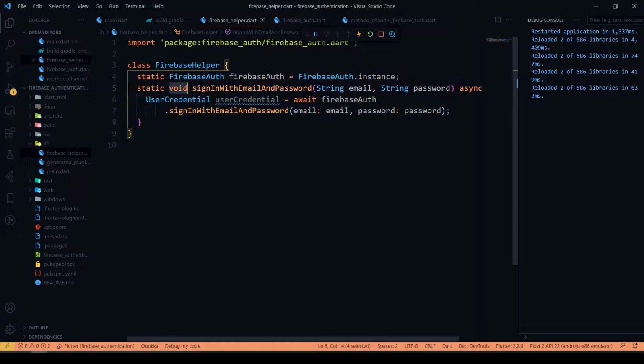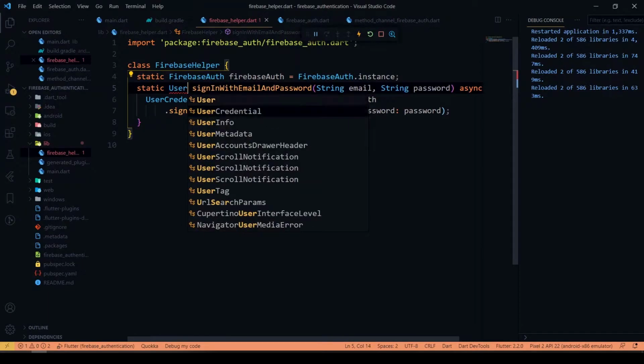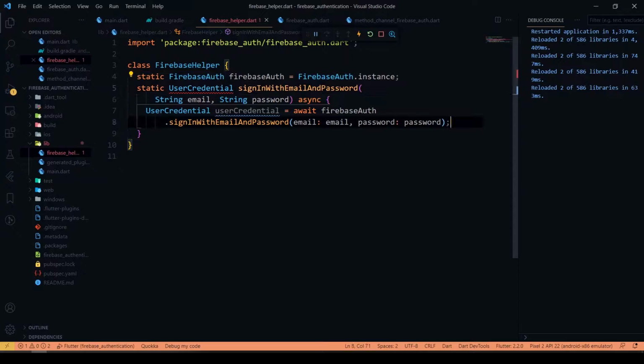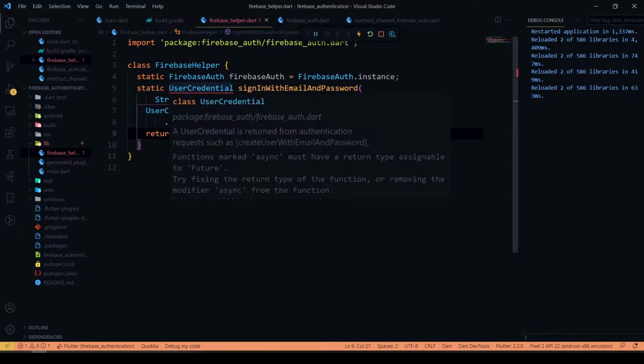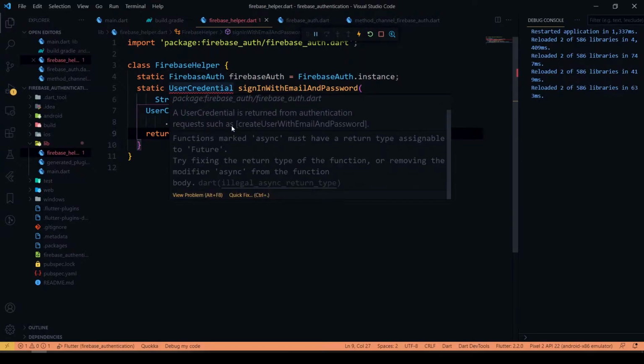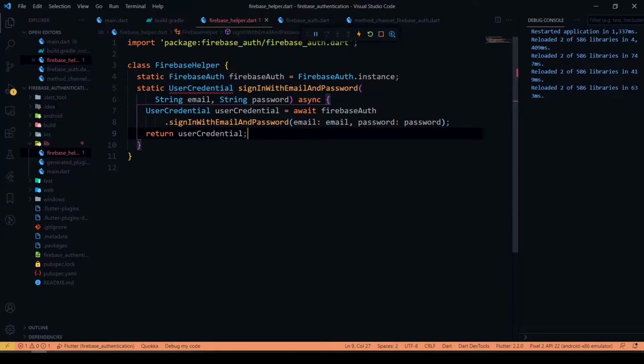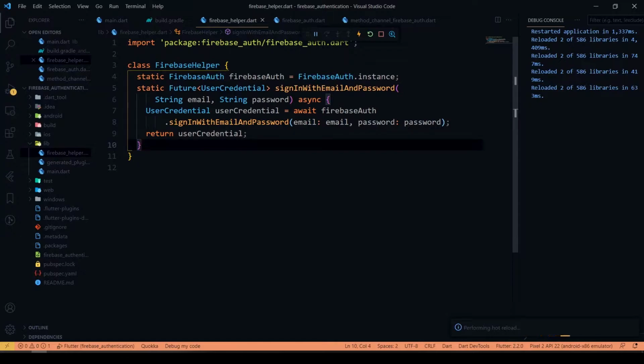Then we'll put our return type as user credential. It's a Future function. So we have created our sign in with email password function here.